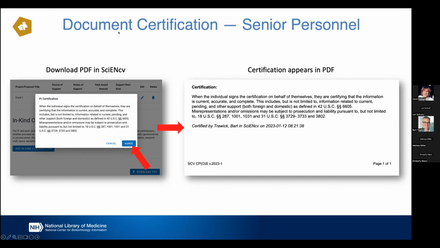When the PI is working in SciENcv and they're ready to create the PDF version of their biographical sketch or the current and pending support, they'll click on the download PDF button, and then they are presented with a certification dialogue saying, I affirm that everything is correct, etc. When they agree to that, we will generate the PDF. We will include the language on the PDF. We also put information that it was certified by the PI, what their name is, and the time at which they certified